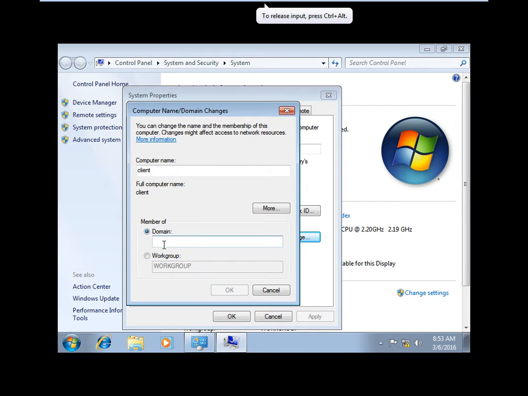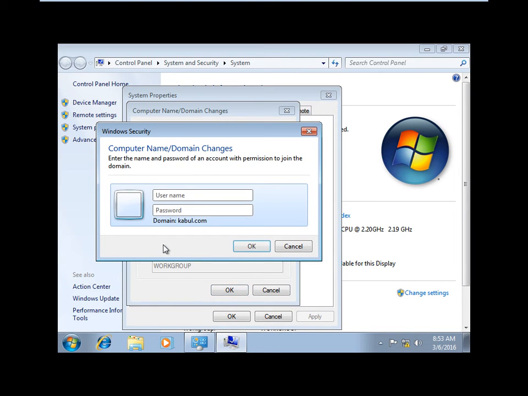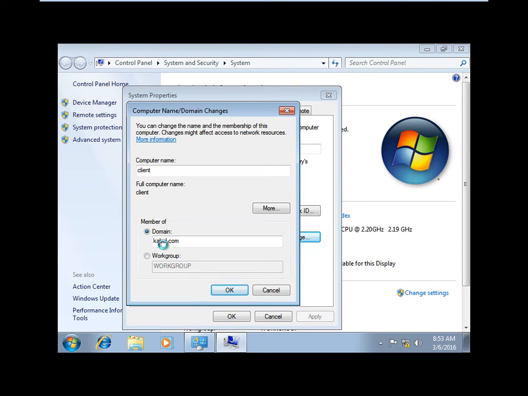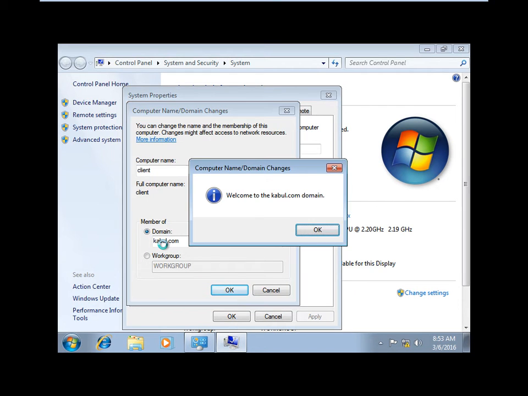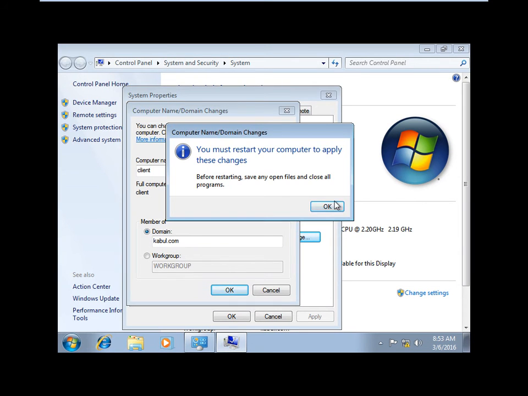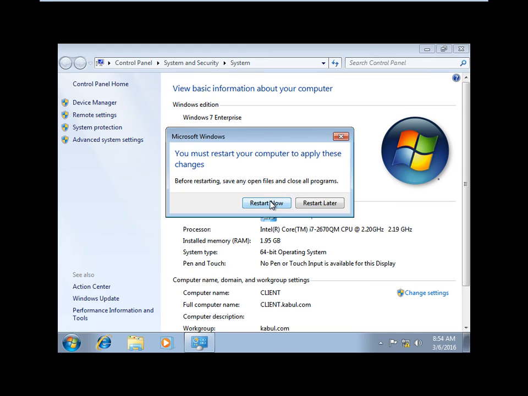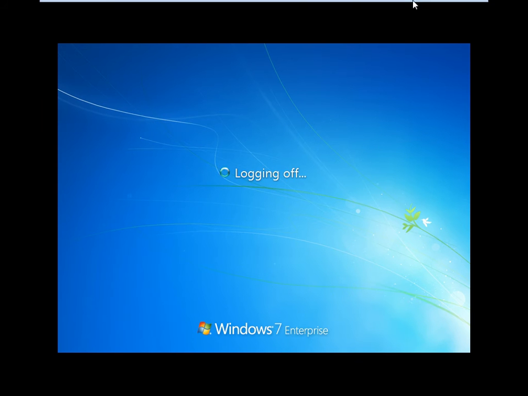Give the domain name kabul.com, then we will give administrator, password @123. Welcome to kabul.com domain, so that we will log in with the same user. We have to reboot our device. That's okay.